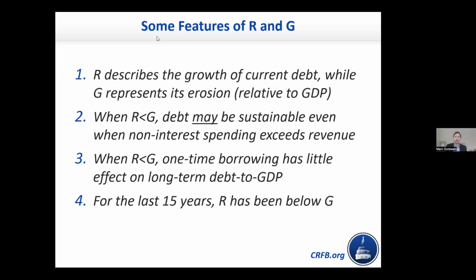G, meanwhile, represents how fast the debt is eroding relative to GDP, because each year if the economy grows, our existing debt will shrink as a share of the economy. If we hold our debt constant, but our economy continues to grow, our debt becomes less of a burden over time. This is true if you think of an individual. If you have a mortgage, but your wealth and your income keep growing, it's less important. And it's certainly true for economies and governments.